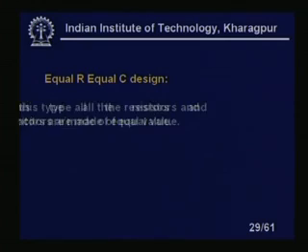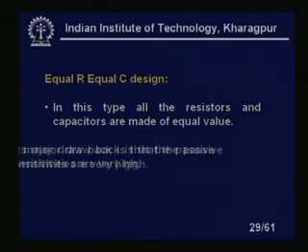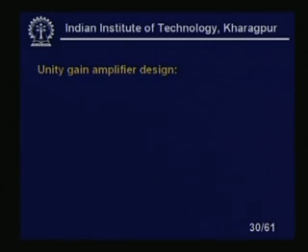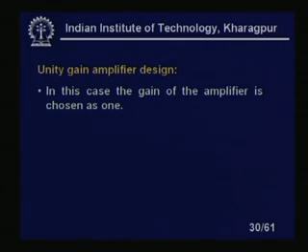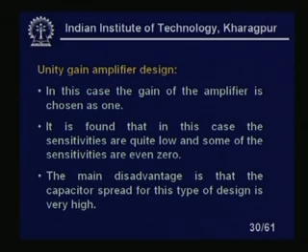Equal R equal C design. In this type, all the resistors and capacitors are made of equal value. The major drawback is that the passive sensitivities are very high. Unity gain amplifier design: in this case the gain of the amplifier is chosen as 1. As you know, with the concept of a unity gain buffer, its bandwidth will be higher. It is found that in this case the sensitivities are quite low and some of the sensitivities are even 0. The main disadvantage is that the capacitor spread of this type of design is very high,